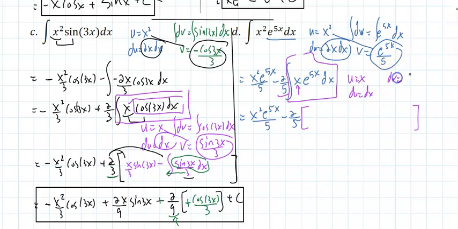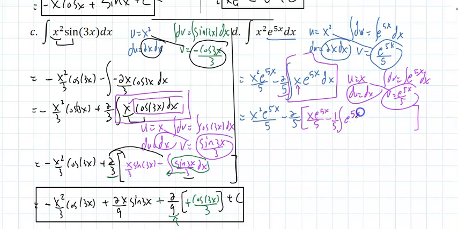I'm going to let dv equal e to the 5x, and I integrate. So v is e to the 5x over 5. This is going to give me u times v minus the integral of v du. So the 1/5 I'm going to take up front. This is going to equal